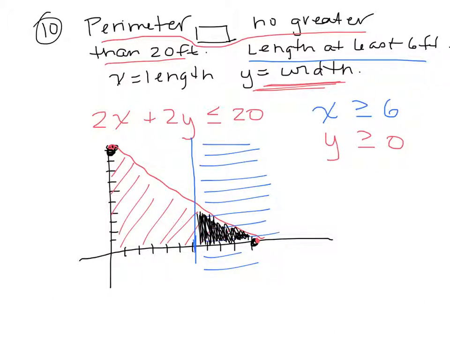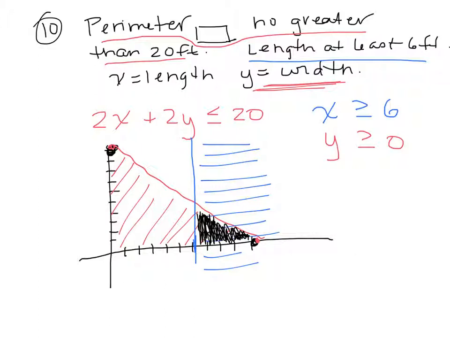And the last part of this problem asks for one possible dimension for the cage. Now remember, the solution to a system of inequalities is anything that lies in the shaded region of the graph. So the easiest thing to do would be to simply choose a point that's in this shaded region as a possible dimension. So for example, we could choose the point